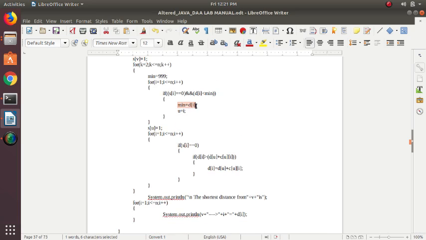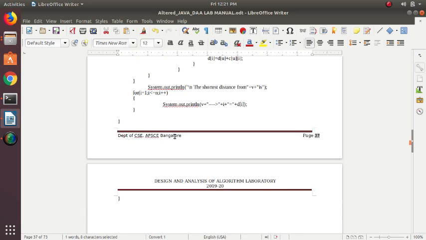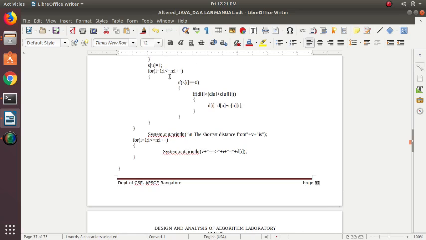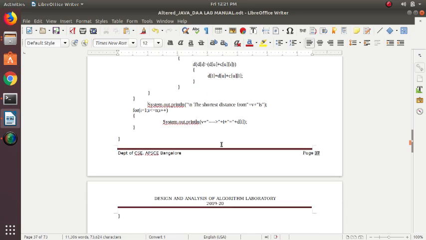We will check which is minimum. We will assign that to the minimum value, and we will repeat for all other cases. And after all iterations, the shortest path will be in Di. Di will have the least value for each vertex.